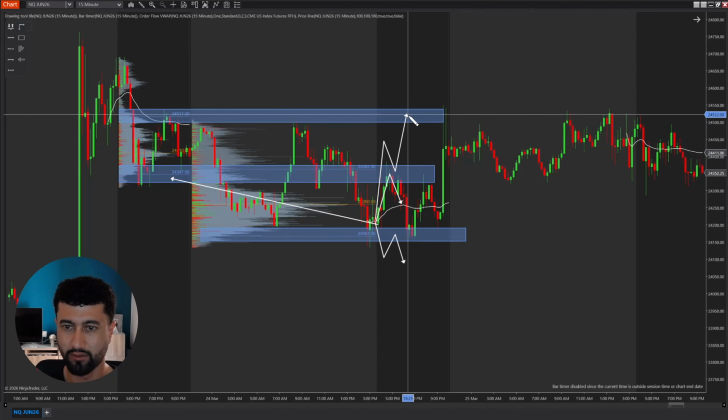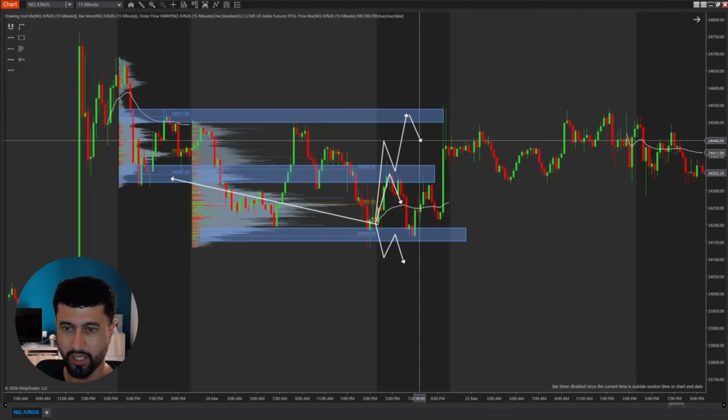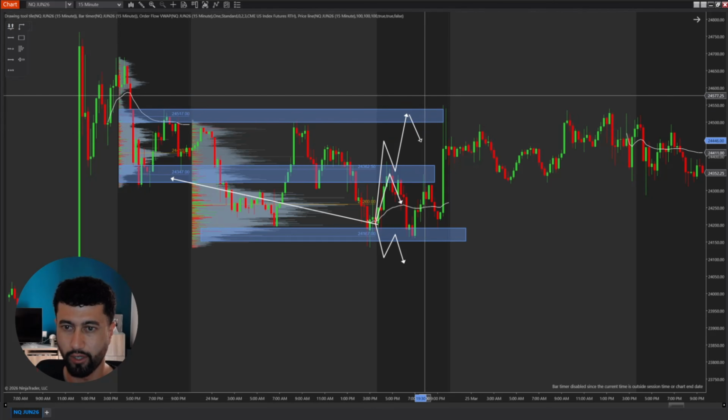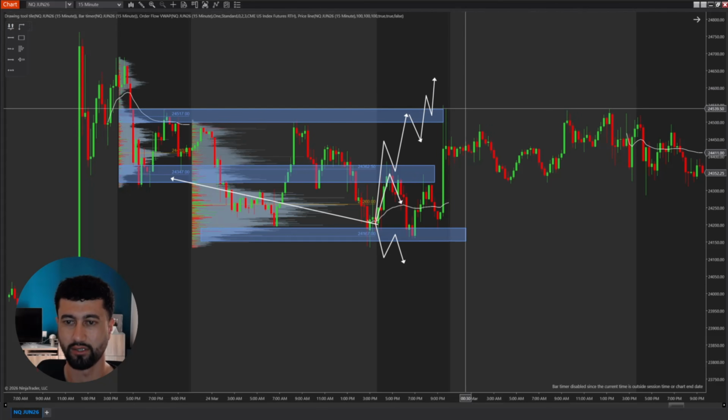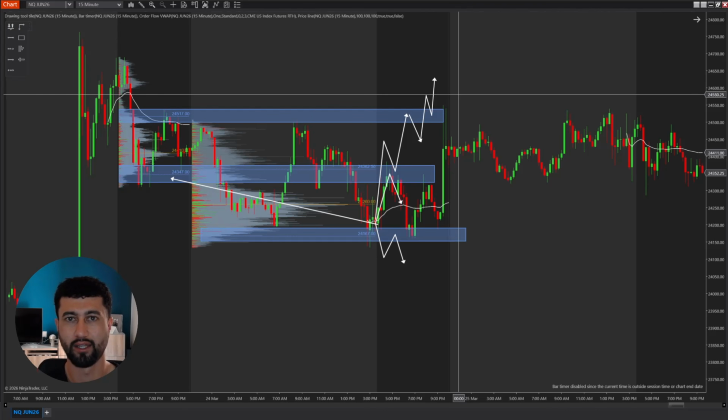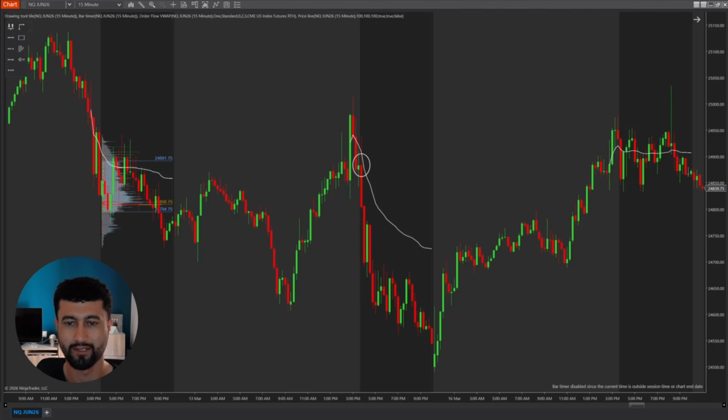And then maybe here we could see a potential rejection, or we're going to see a break, retest, and a continuation to the upside. It's all about understanding the value and where price is opening relative to that value, so you can make a clear trading plan. Now in this last example, we see that the price is opening inside of the value of the previous New